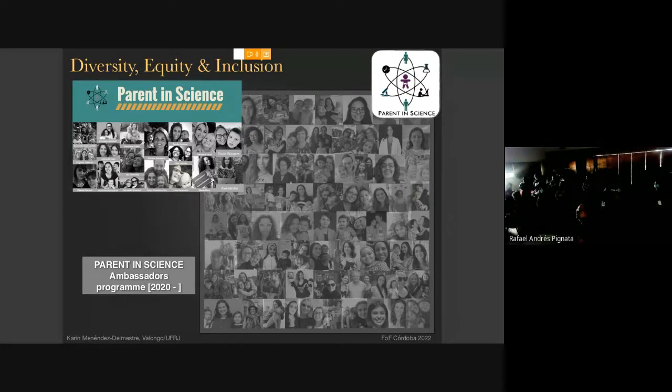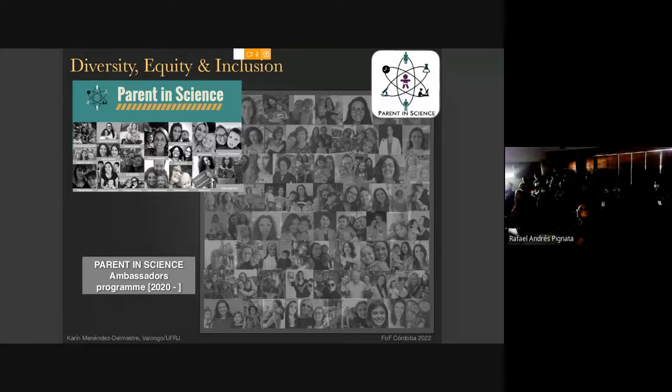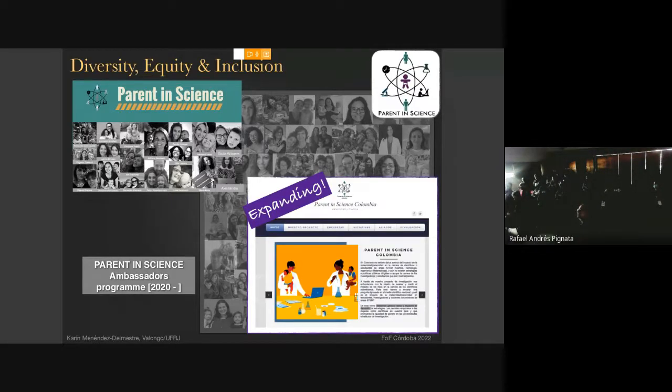And they have been publishing a few papers on especially how the pandemic had a profound impact on the productivity of mothers, but also what the impact of race is, so all this intersectionality that needs to be considered. There was an ambassador program that started. That's when I joined, and I'm somewhere there. I don't remember exactly where, but now we're almost 100 ambassadors through the country, and this is expanding.